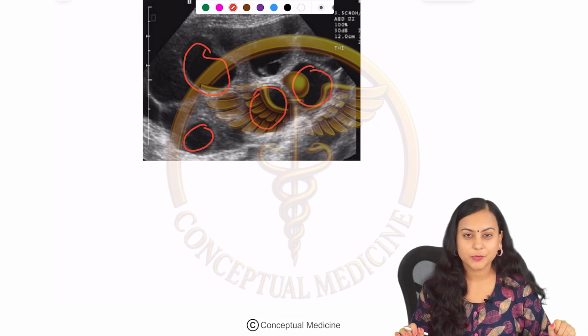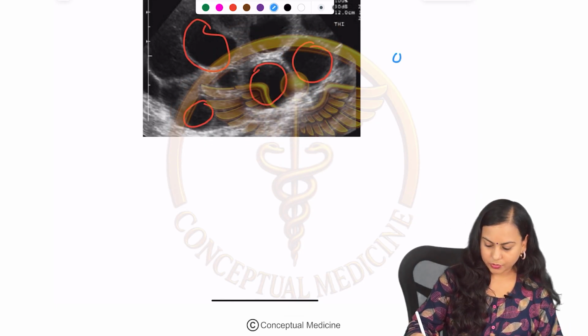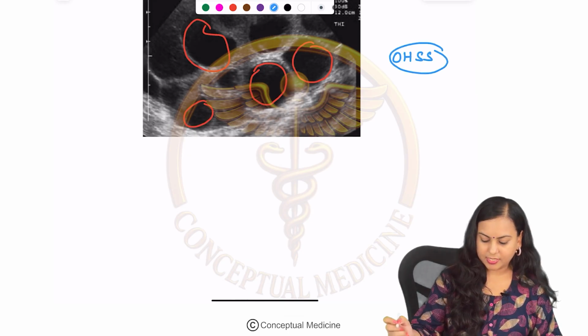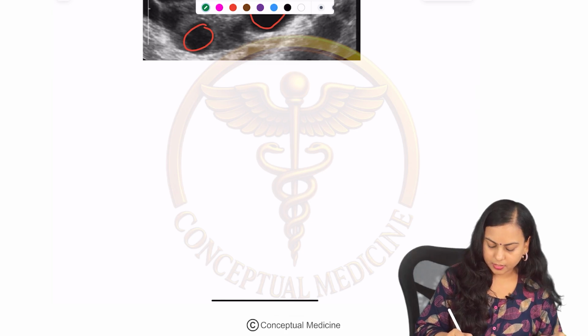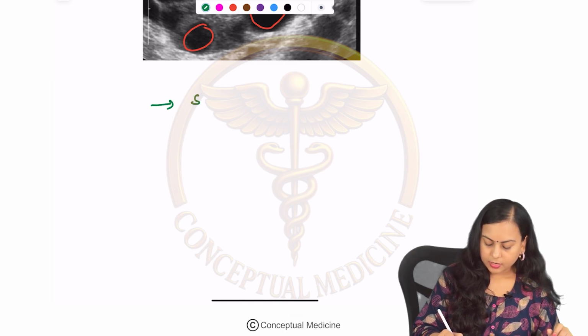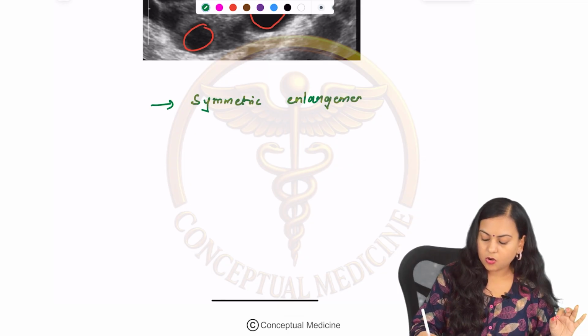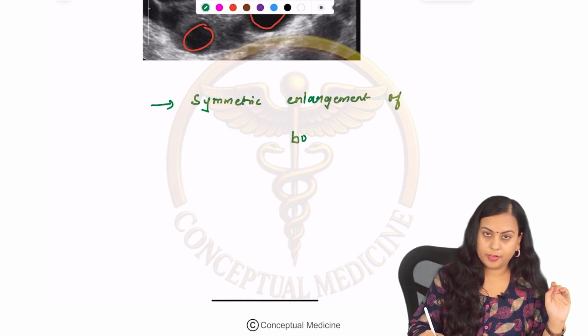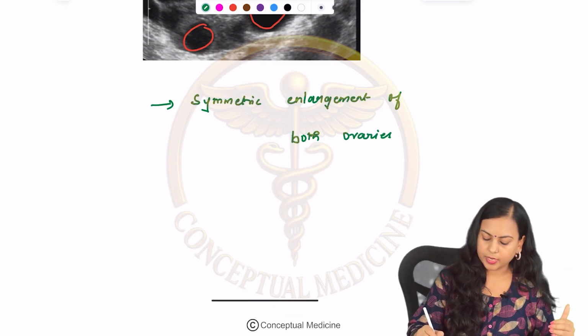Yes, this is going to be ovarian hyperstimulation syndrome, right? So, this is going to be OHSS. Now, the ultrasound pictures are showing, usually there will be symmetric enlargement of both the ovaries. Okay, in PCOS we saw it is going to be either of the ovary, and the